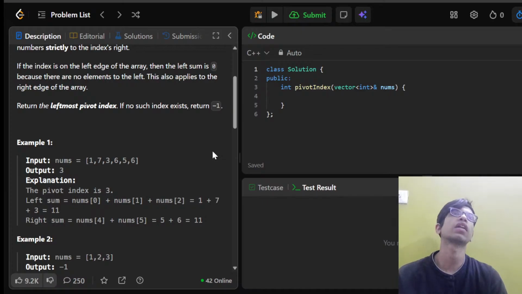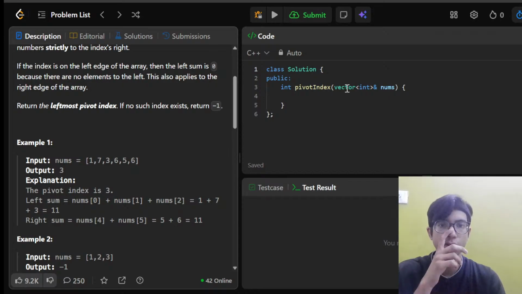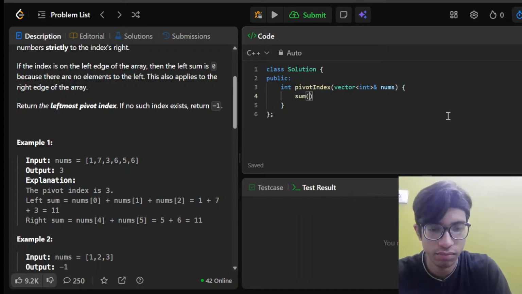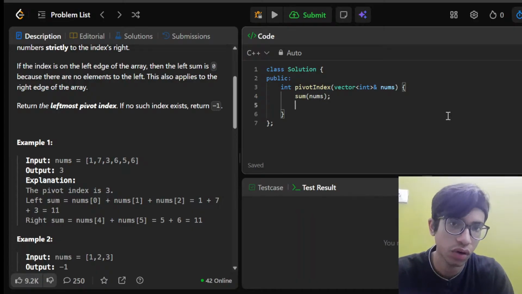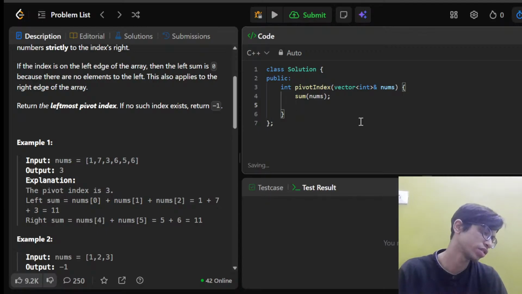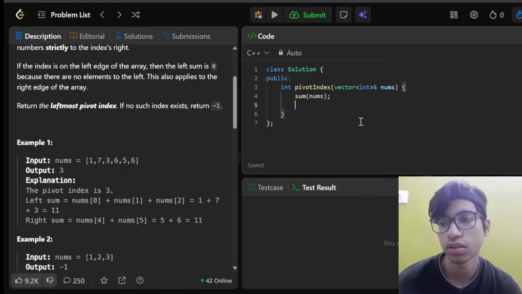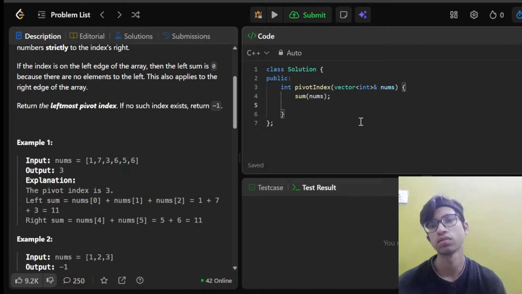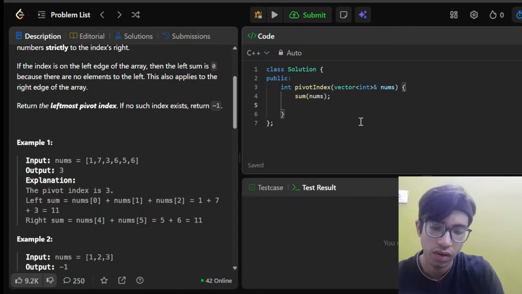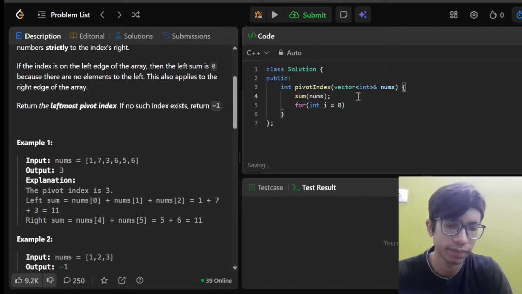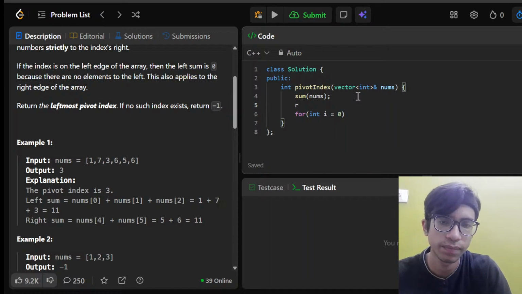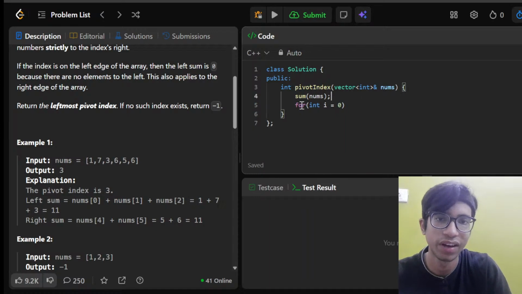So there's just one thing that I can see for sure: sum of nums. Is this a function? First of all, I don't know, but I'll try anyways. Sum nums over the whole sum, and then I'll just do for i in, right? So for int i is equal to 0. Wait, I should also define. Wait, what am I doing, man? Like, first of all,